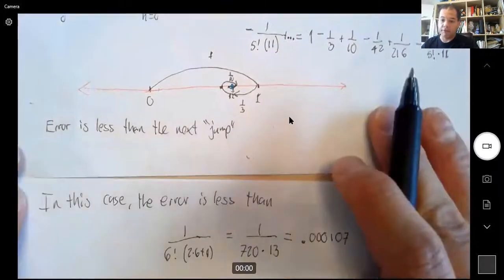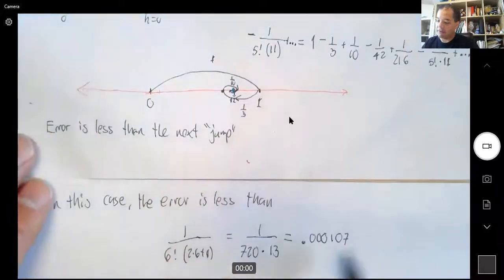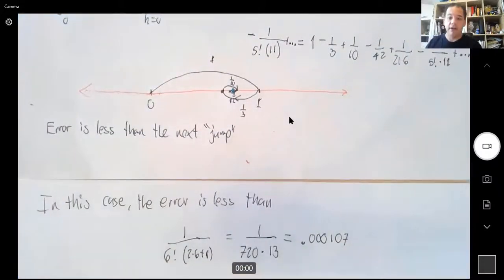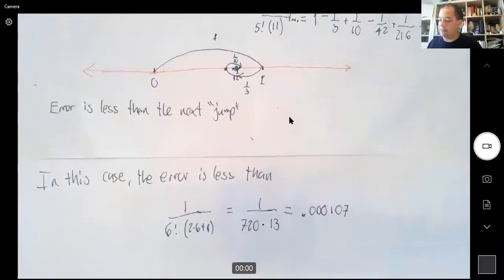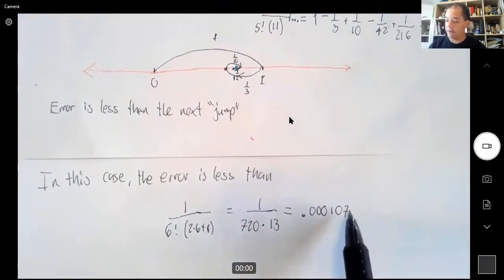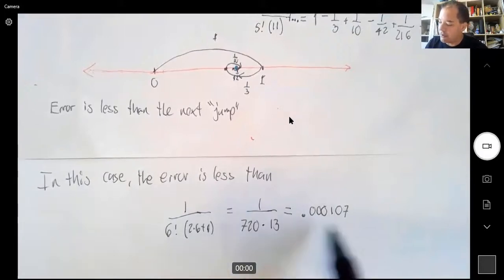So the problem asks to get an error less than 5 times 10 to the negative 4. Right? Now the question here is, well, you sort of guessed it, Professor. How do you know to stop at 5? Well, yes, I was just sort of trying the first few. Well, let's suppose that this number is not good enough. What do we do? Well, I keep going, right?